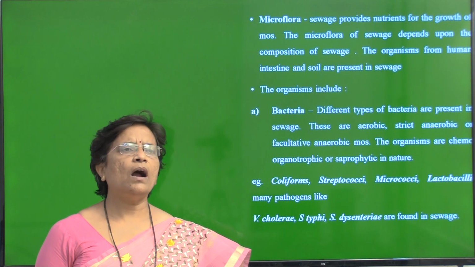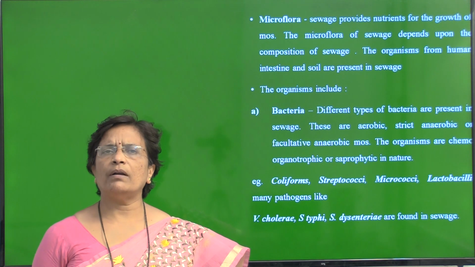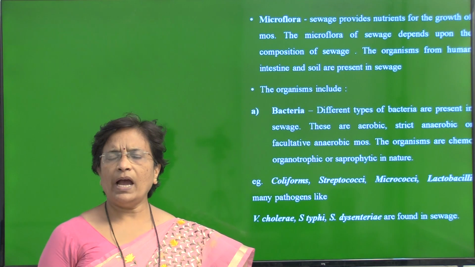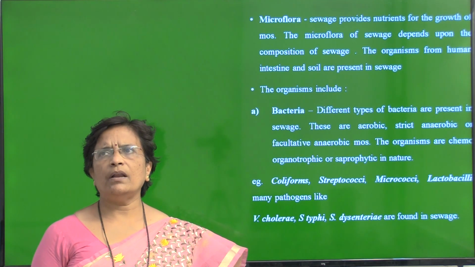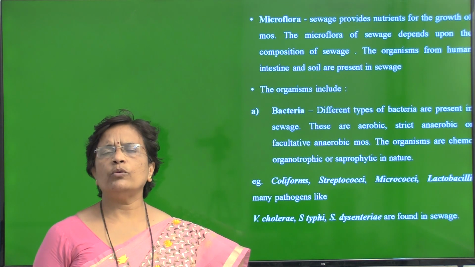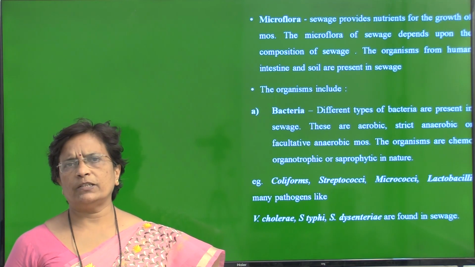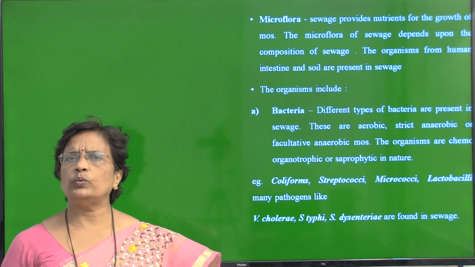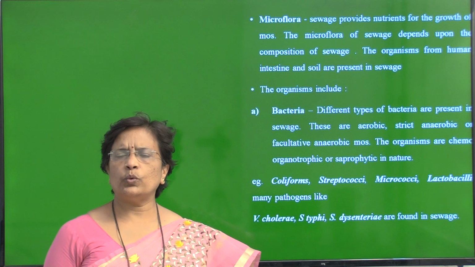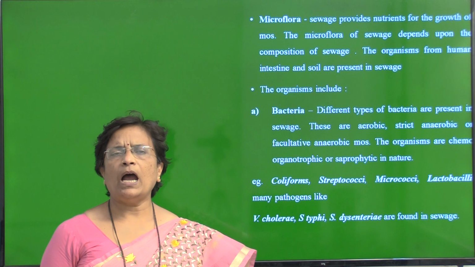These bacteria are of various types, like some are aerobic, some are anaerobic, some organisms are facultative in nature, as well as saprophytic or chemoorganotrophic in nature. The examples of organisms commonly found in sewage include coliforms, streptococci, micrococci, lactobacilli,